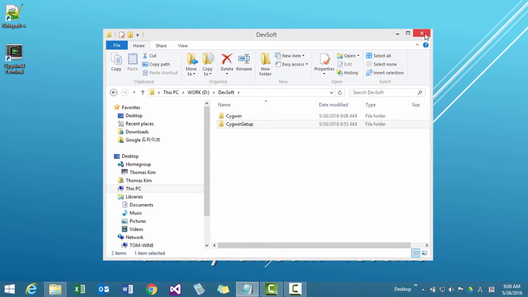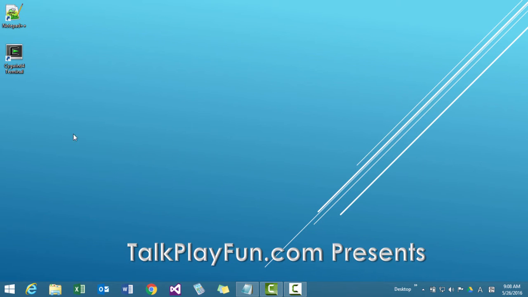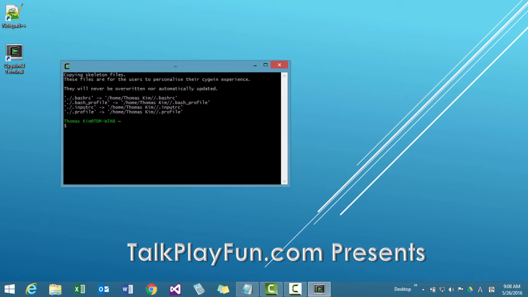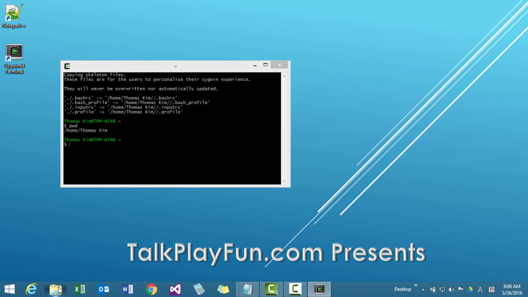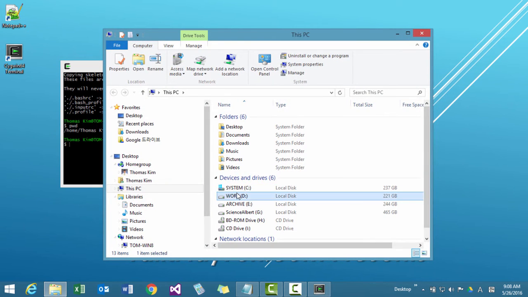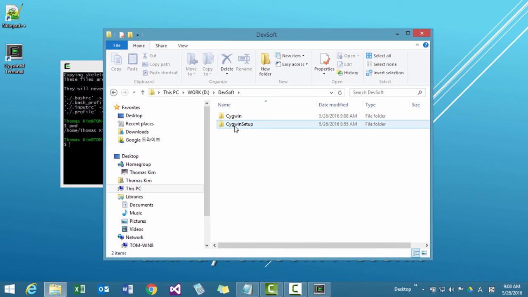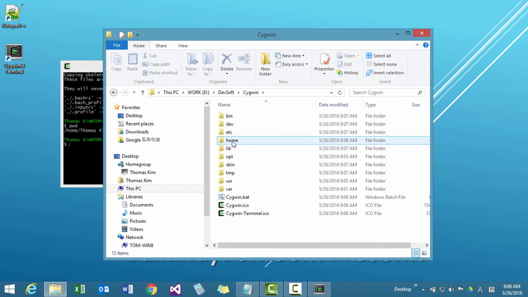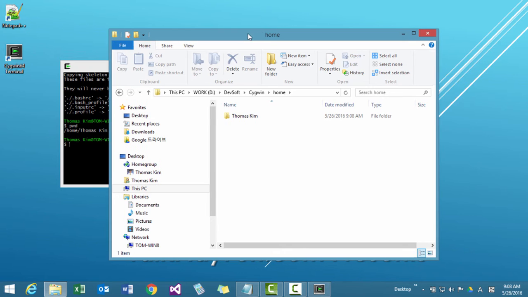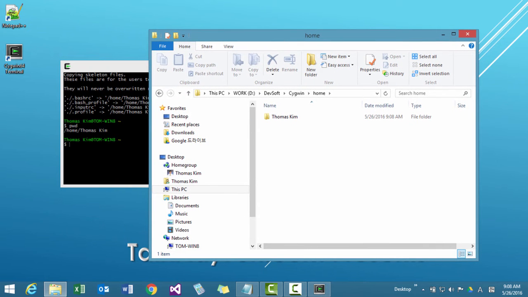Now click it, close it. Now we are going to use the Cygwin terminal like this. Double click it. Then pwd. Pwd is the home Thomas Kim. This folder is actually here. We installed Cygwin, and this is home. Let's compare. The pwd command gives the present working directory. Pwd is home